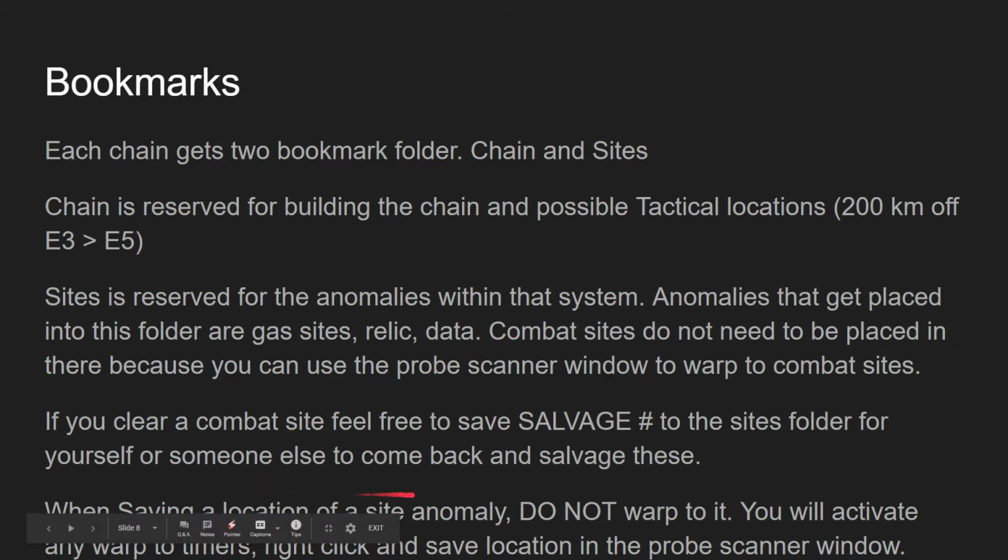And just a friendly reminder, when saving anomalies, excluding wormholes, when saving just any other anomaly, do not warp to them. You will set off an activation timer. These activation timers will, for gas sites, spawn sleepers in like 10 minutes or so. They'll cause waves to happen, or they'll also cause the timer of the life of that site to start, which